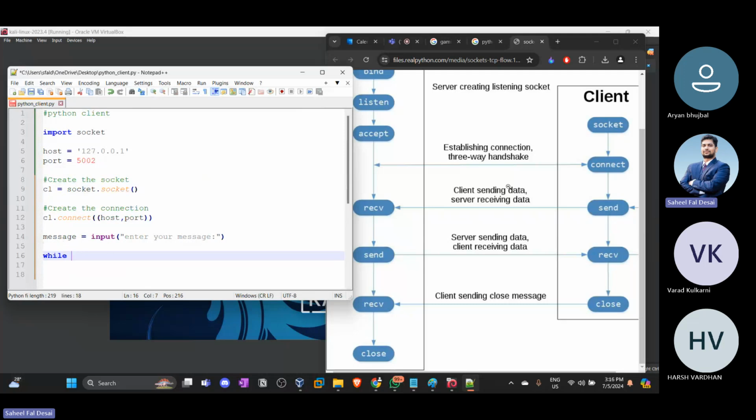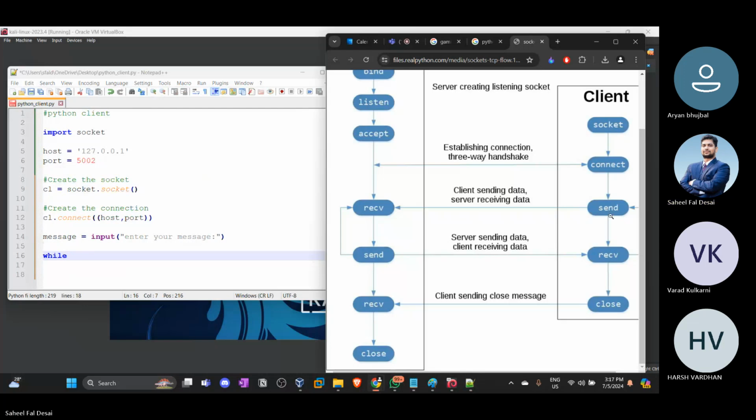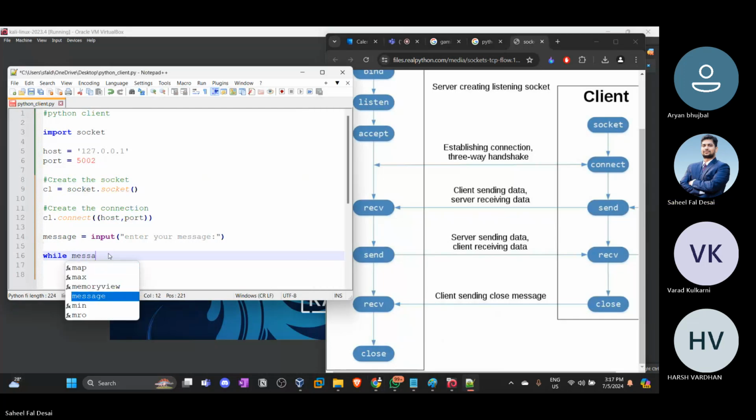So we'll have to create a while loop. Now this is a while loop. If you closely see, till the process is true, it will keep on running. And once the desired task is done, it will stop the process, right? So the best way is to use a while loop for this. That's the reason I use a while loop on the server side of the program also. So message should be not greater than